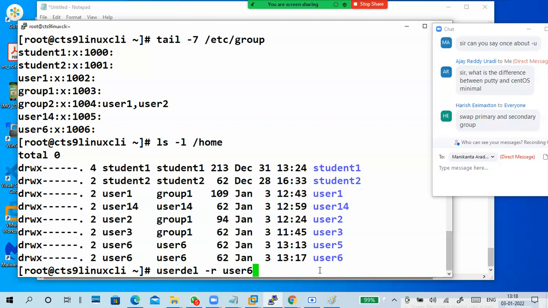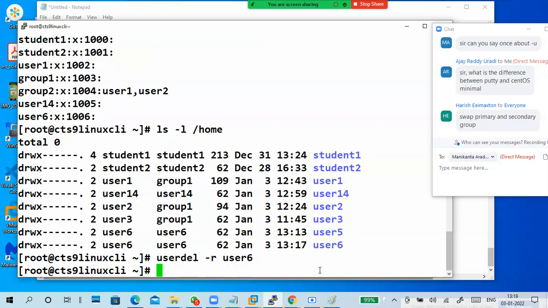Just like in old movies, when a son or daughter leaves home, we burn all his data and remove all the photographs. So I want to delete a user plus delete his home directory data also.